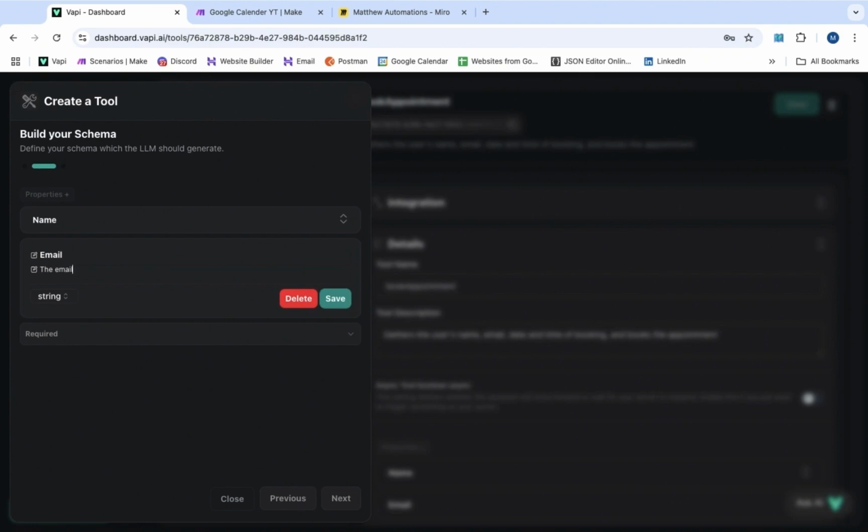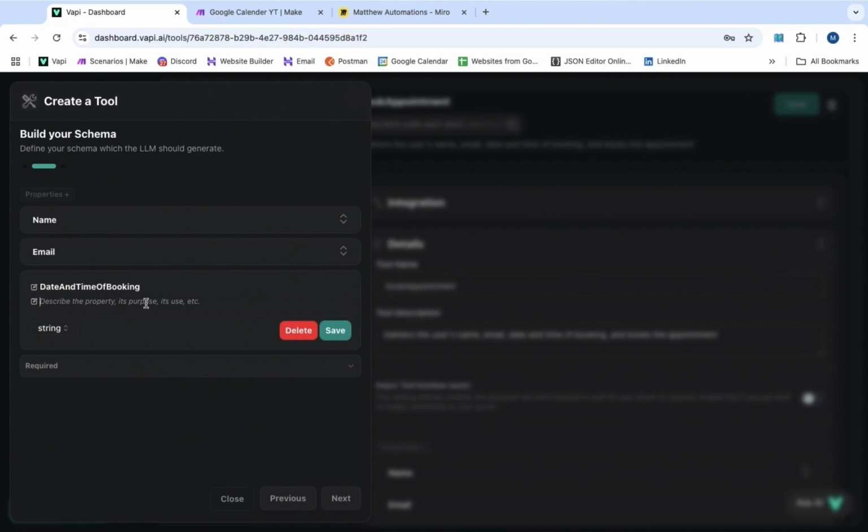The email of the user. We'll hit save for that. And then our last property will be date and time of booking. And then to describe this one, it'll be the date and time the user would like to book their appointment at, formatted like this. This timestamp here is ISO 8601 format, which will be how our Google Calendar will interpret